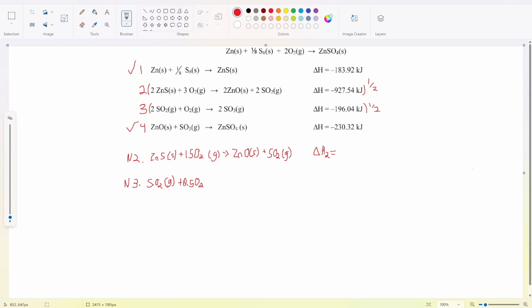So we know what's the O. I'm gonna put a little dash through the 0. Gas, this is in the gas state, goes into sulfite, it goes into sulfite gas. And then same, I'm gonna put the delta H3. So by some quick math, and we divide by 2,